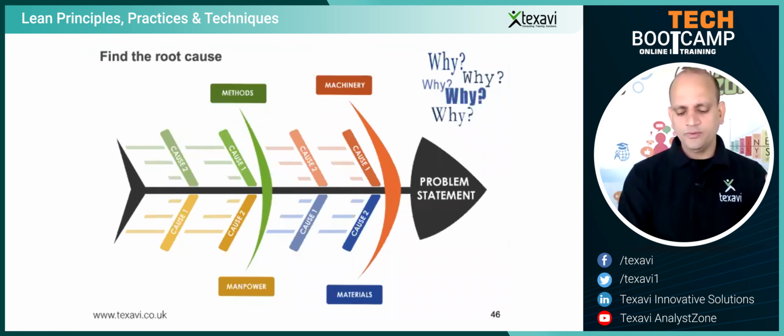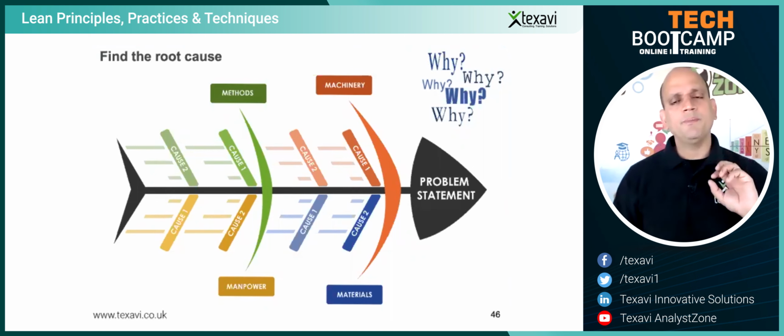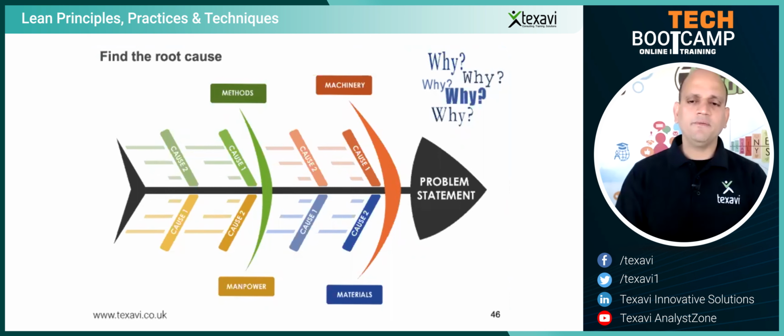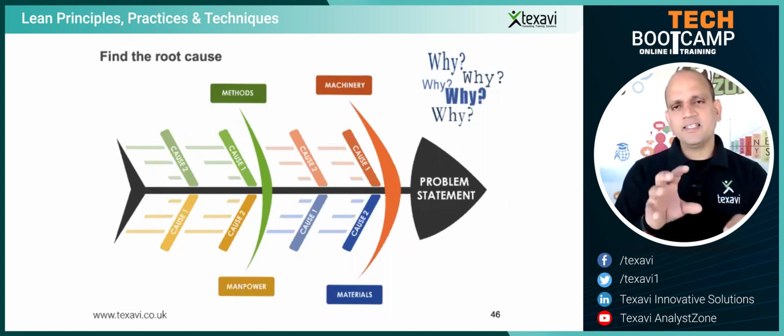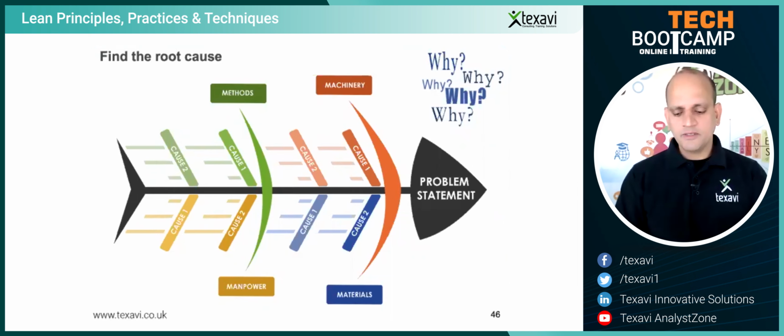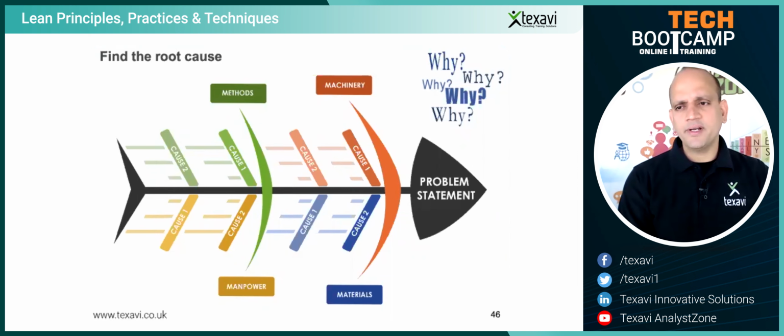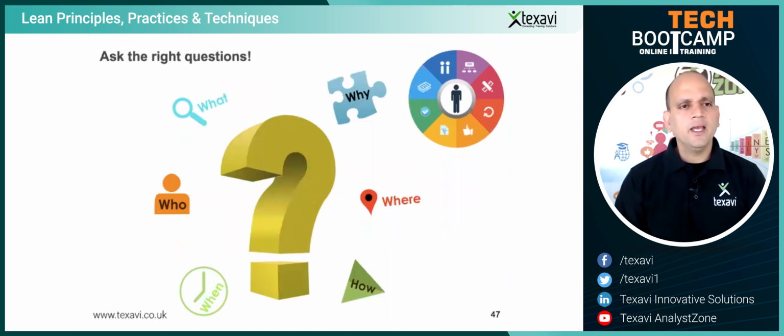All of these are the root cause. So to get to that, you need to use this 5 Whys technique. Going to the fifth or the fourth why would typically give you the root cause. There are some ways you can do it. We can define that in the context of methods, machinery, materials, manpower. So let's look at the methods, the processes, the equipment, the people, the materials and the substances we have used. These are things that could help us as indicators or triggers to get to the real problem. This is very helpful in a lot of contexts in software development as well, and then ask the right questions.